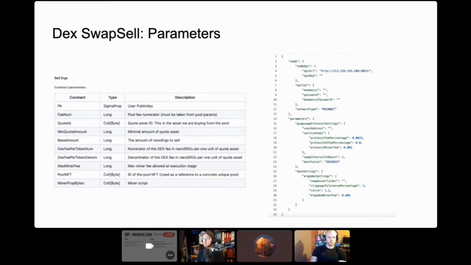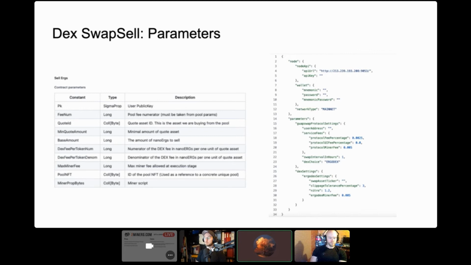And then in the DEX settings, you have the ticker you want. So any of the available tickers on ErgoDex that have an erg to this token you want, if there's a valid erg to token pair, then you can swap it. On our GitHub, we list all the available tokens. And then you can also modify the ErgoDex settings for the swap that you want. So the tolerance, the nitro, and the miner fee you want to pay. And all of this information is actually available in the ErgoDex docs in more detail if you want to read about how those things are calculated.